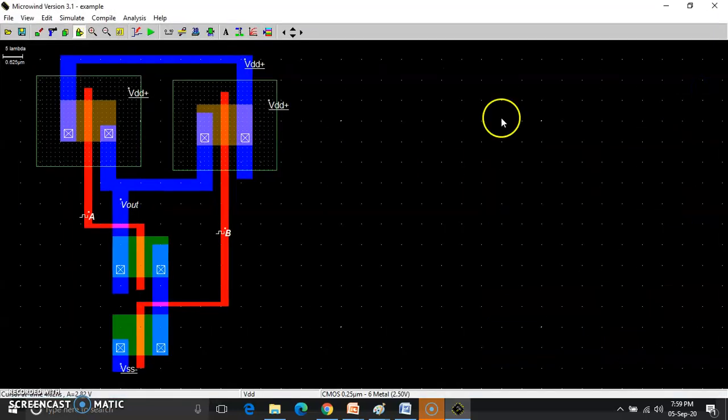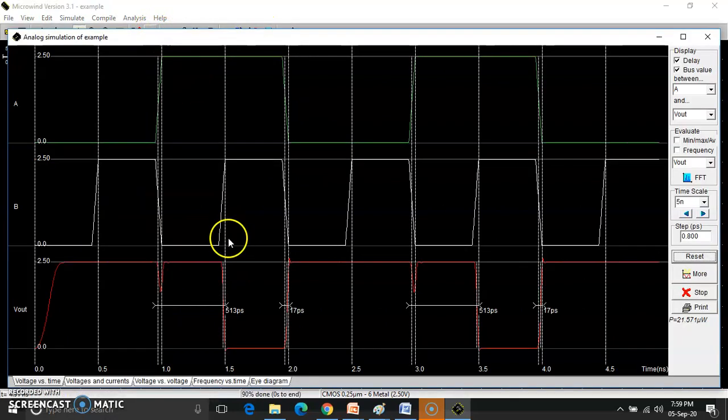Okay. So here I will be showing you how to execute. I am running this and I am able to see the waveform here. As you can see, if my input is 0 0, my output is 1. If my input is 0 1, my output is 1. If it is 1 0, my output is still 1. But whenever the condition is 1 1, when A is 1 and B is 1, at that time I am getting logic 0. And this is the truth table of the NAND gate, which we have verified and simulated also. So here you can see this proper waveform.